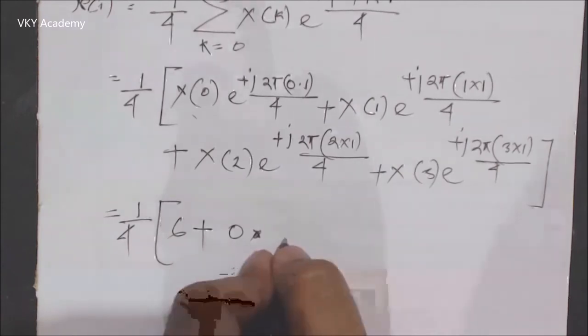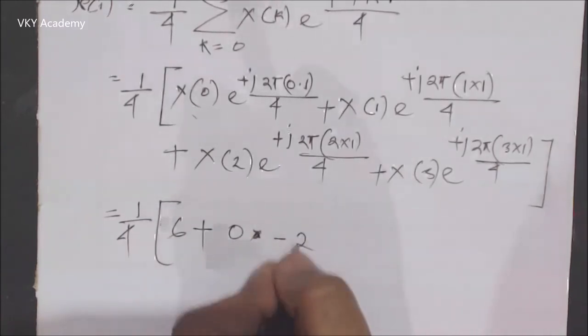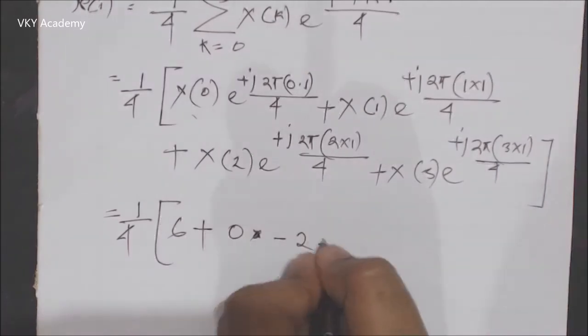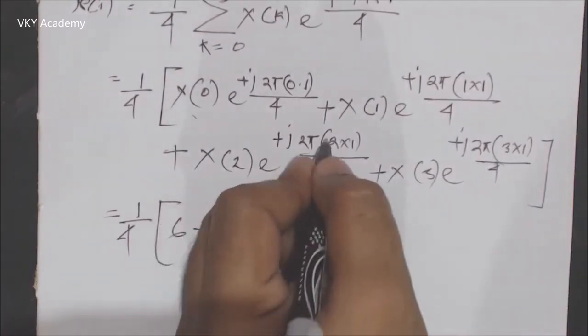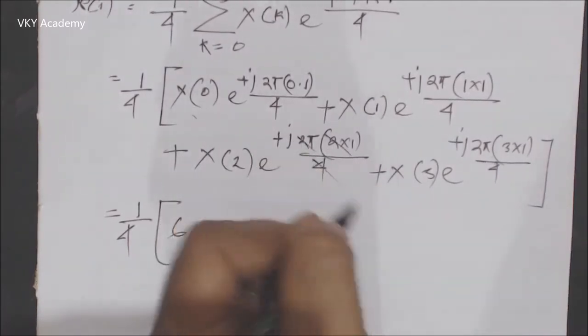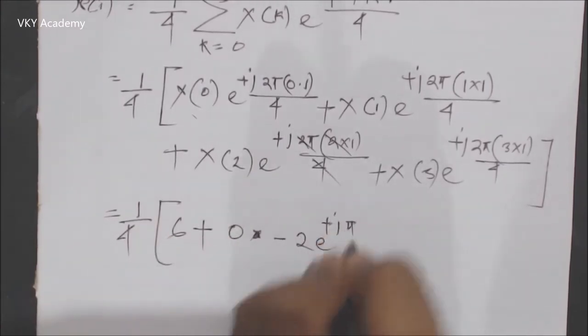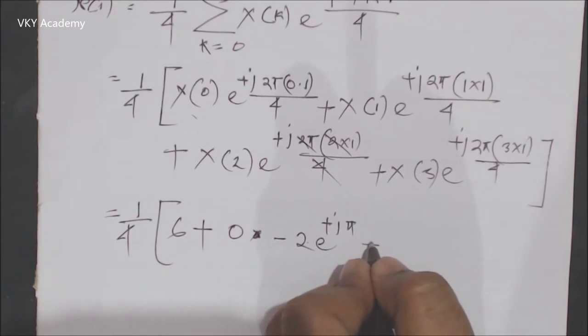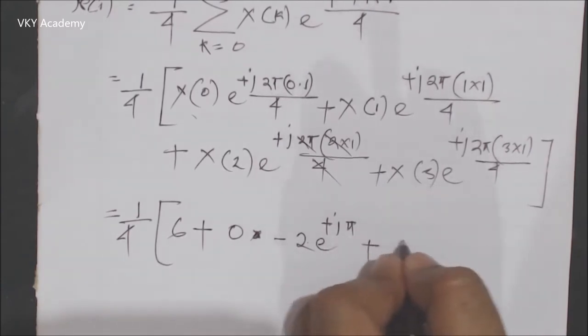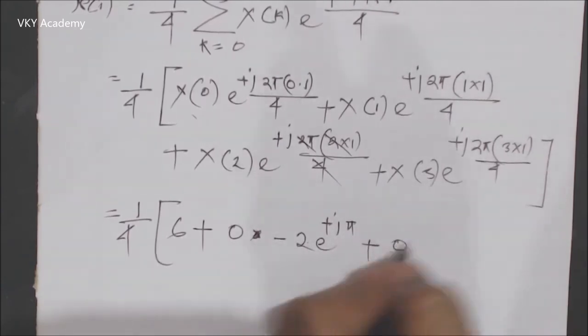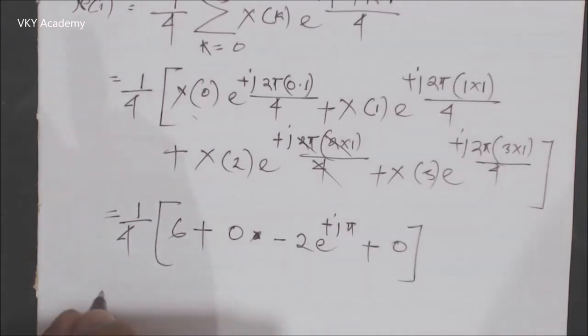Then X of 2 is minus 2, e to the power, the 2 and 4 get cancelled out, so it will be e to the power plus j pi. And the last one, X of 3, is 0, and the whole value will be equal to 0. So it is